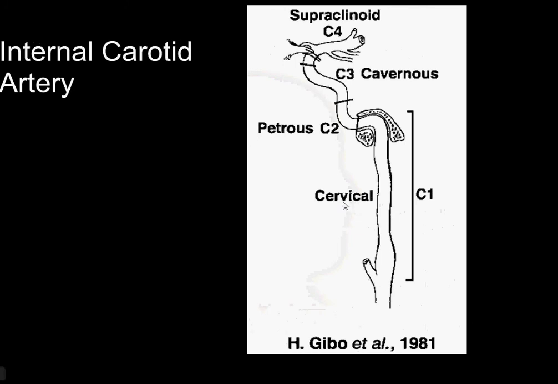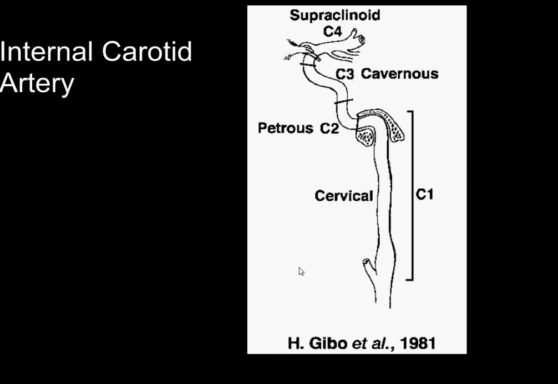Start with the internal carotid artery. There are a few segments that are worth knowing to be precise and concise with dictations. First of all, there is the cervical segment, which essentially is outside of the brain, traverses from the bifurcation to the skull. The internal carotid artery then enters the